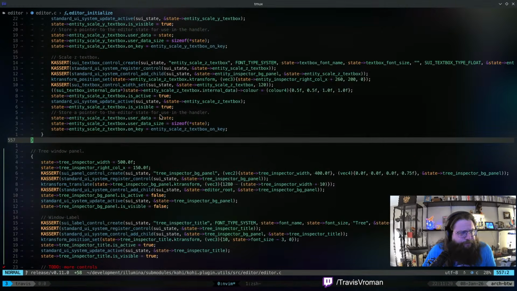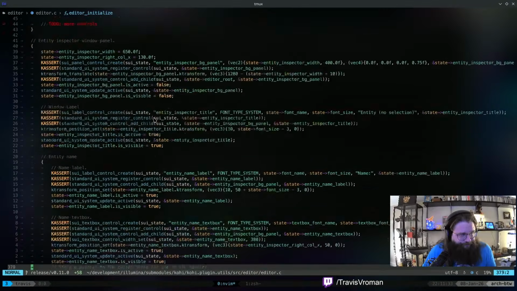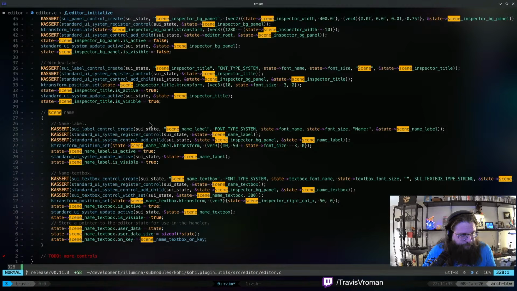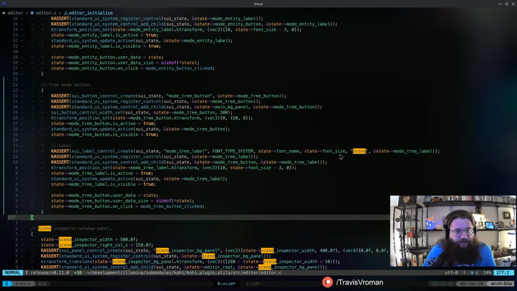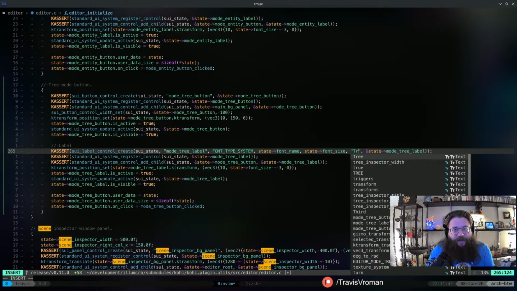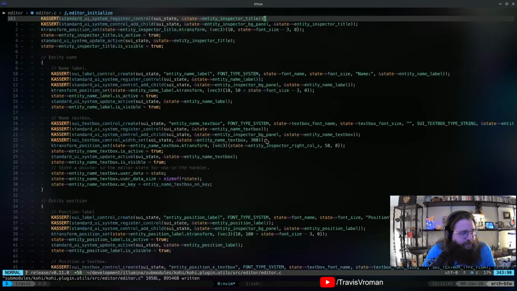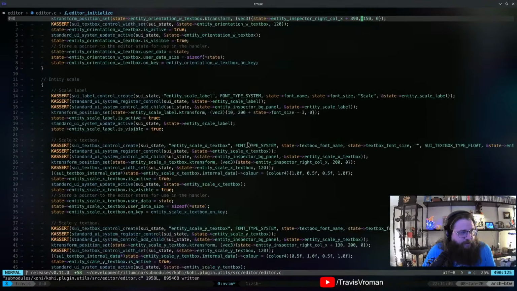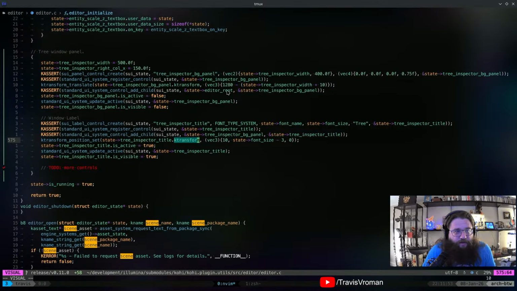Okay, so our button here still has the text scene in it, which is not helpful. That should be tree. And in addition to that, down here the tree window panel should say just tree on it, right?